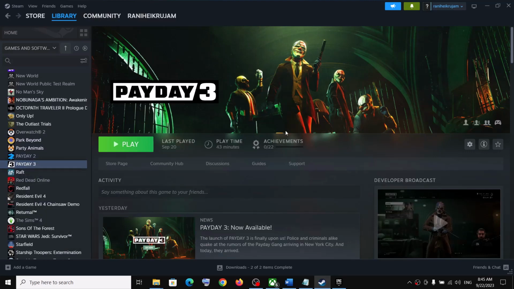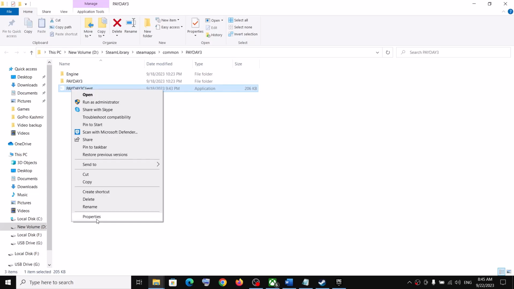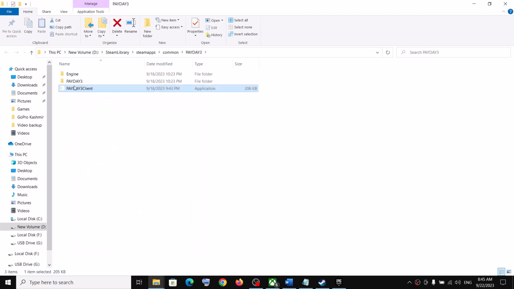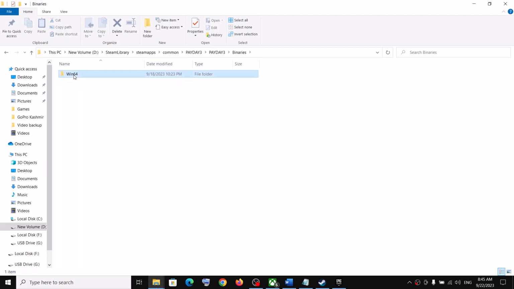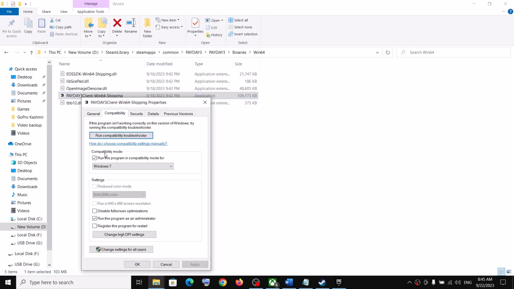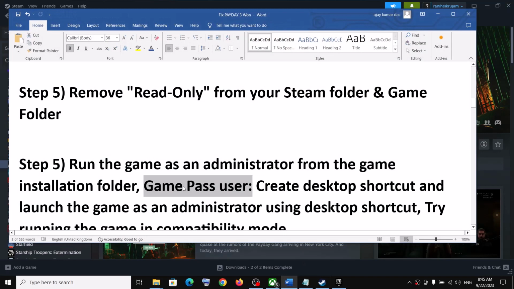You can go to the installation location once again and then revert back to the original form. Uncheck this box, then click on apply, click on OK. Payday 3 binaries Win64. If you face any kind of problem, you can always uncheck this. That's why I'm showing you. So uncheck the boxes, then click on OK. And then if you're still facing the problem,